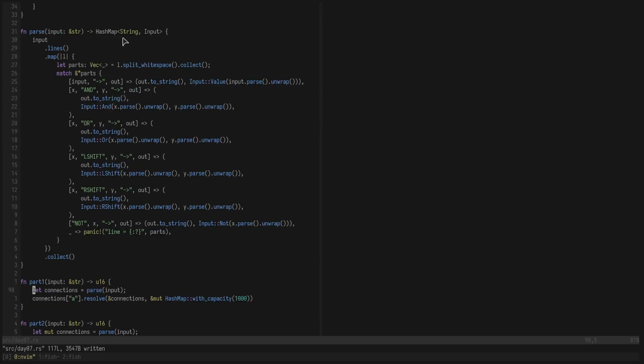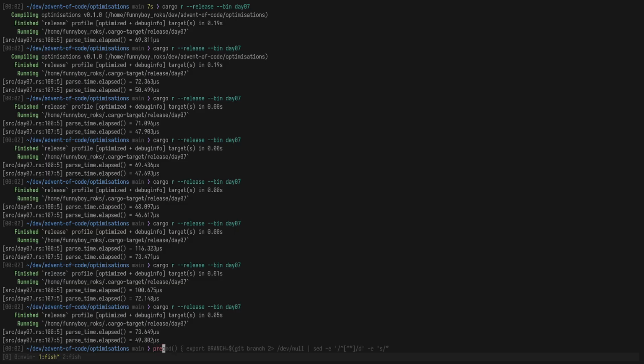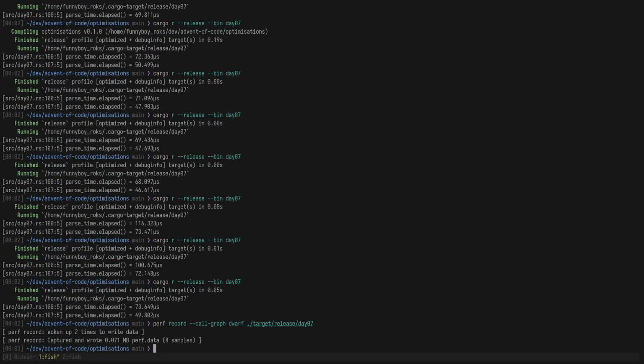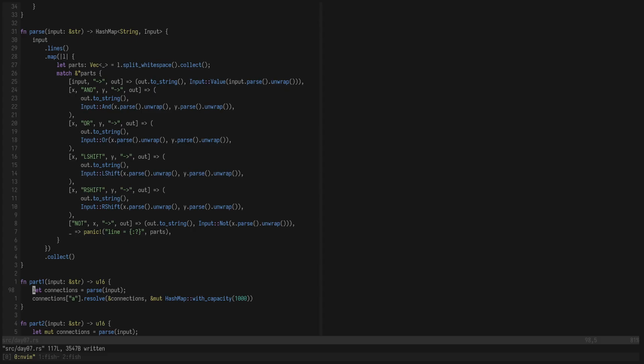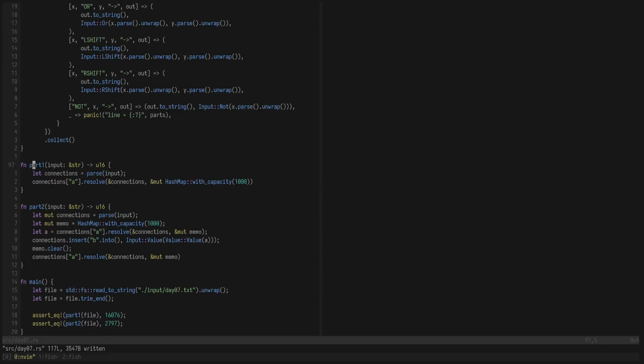What can we fix? So let's do a quick perf record on this. I don't think, yeah, see, the problem is it's only got woken up twice. It's just running way too quickly, and I could increase the sampling rate, I think, but it still runs in less than a millisecond. So there's not a whole lot that we could do in terms of profiling. I guess something we could do,